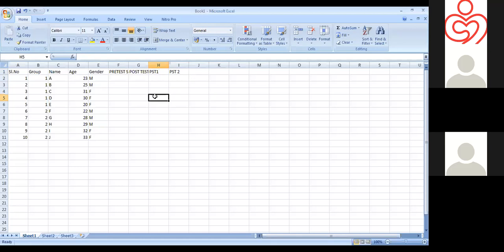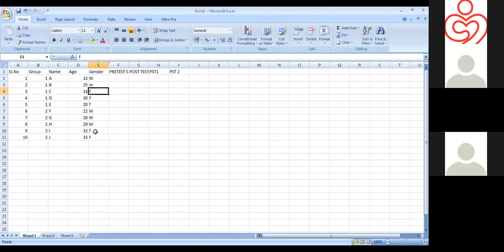And coming to the cleaning of data, if I enter the data like this, one is capital letter M and one is small letter m. And here also, some are capital letter F, some are small letter f. If we enter the data like this, while we import the data into SPSS and do analysis, SPSS will show capital M separately, capital F separately, small m and small f also.